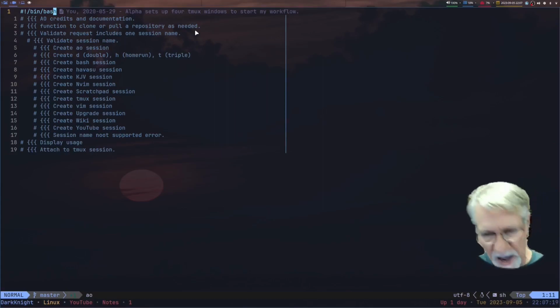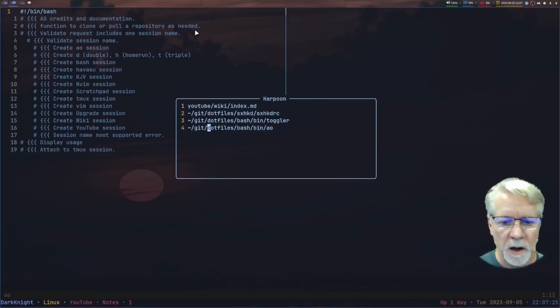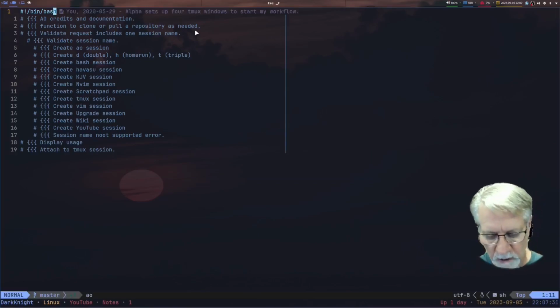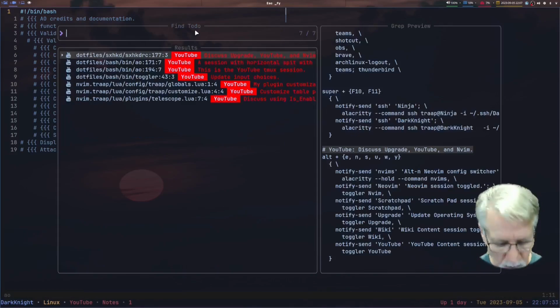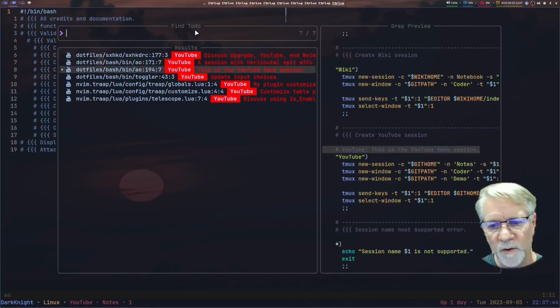If I have a broad idea of where I want to go with files, I will know which kind of file I want to go to, then maybe I hop around with Harpoon to get me to a particular location. Sometimes I'm going to go right back and do that find YouTube command, because in this particular context, I know I'm dealing with a particular file, but I'm not exactly sure which one I want to talk about yet. So maybe I navigate this way just so I can do a quick flip on the screen and figure out